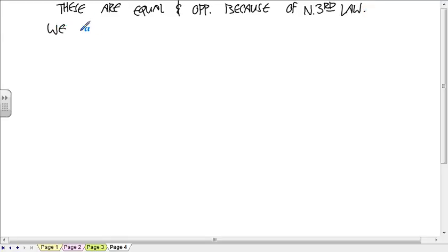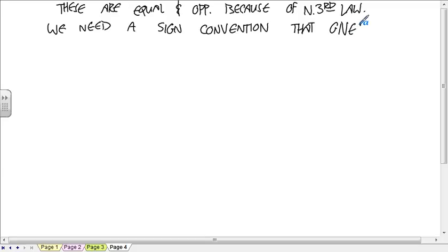So we need a sign convention that gives the same values from either direction. And so the way we're going to do that is